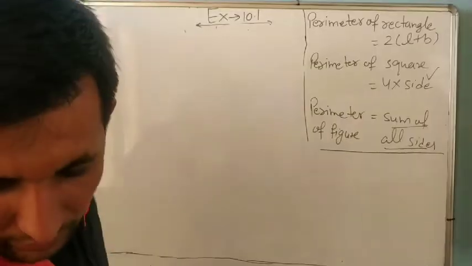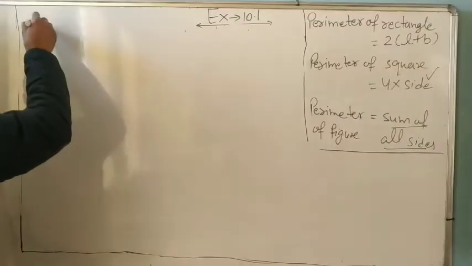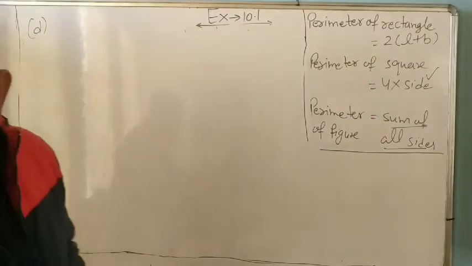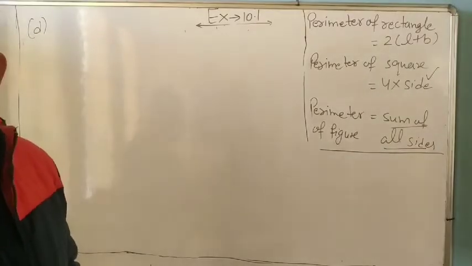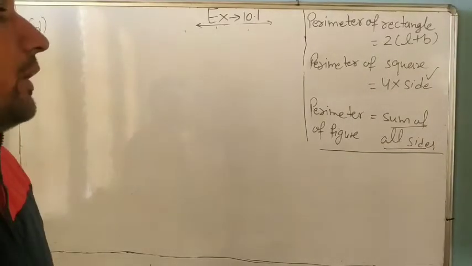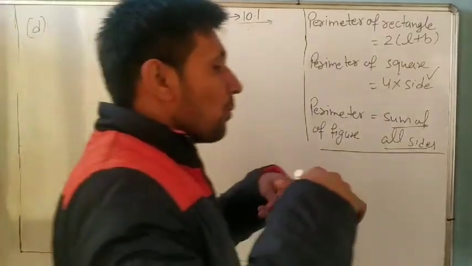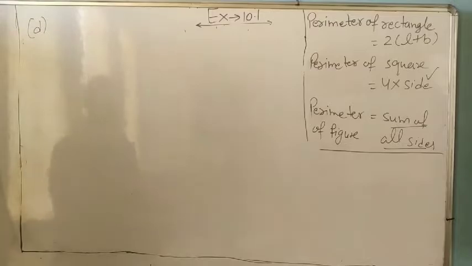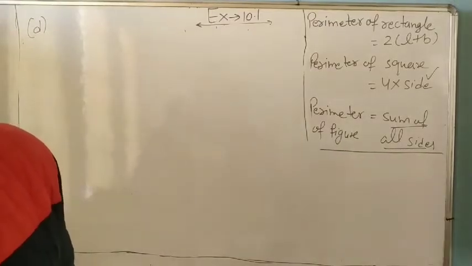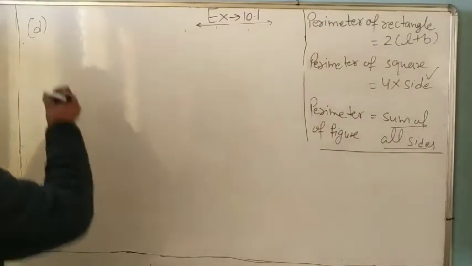Next is Avneet, D part. Avneet wonders if there is a way of getting an even greater perimeter. So Avneet wants to get a greater perimeter of this figure. Can you find a way of doing it? Yes. So you write, yes,